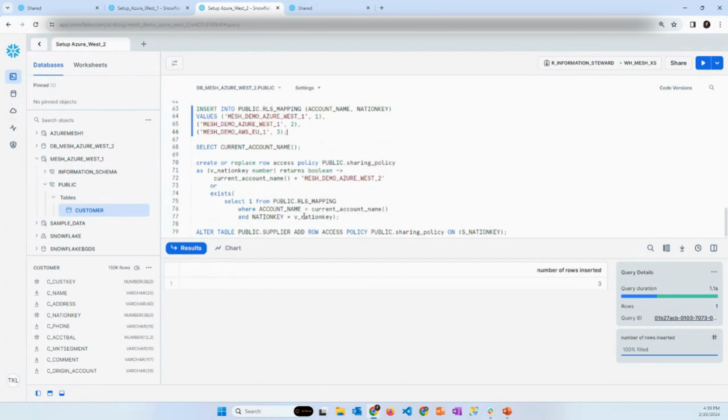And then we basically create the row access policy, which is, like I said, for our own account, everything should be visible. And for the others, if the current account name is in this mapping table, it should only show the values of the nation keys that are inserted in here. So let's do that.